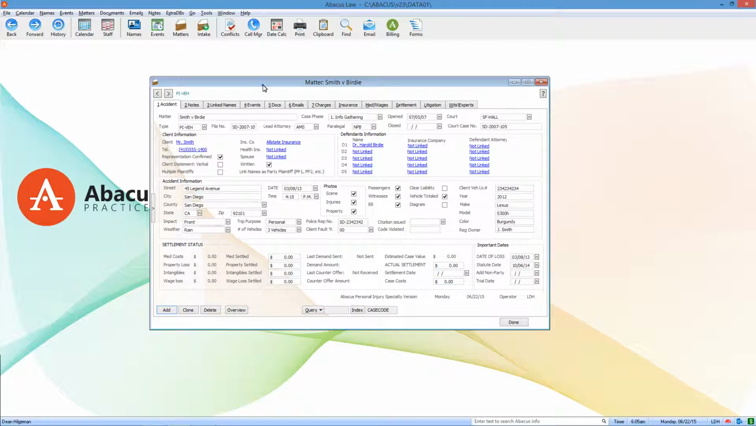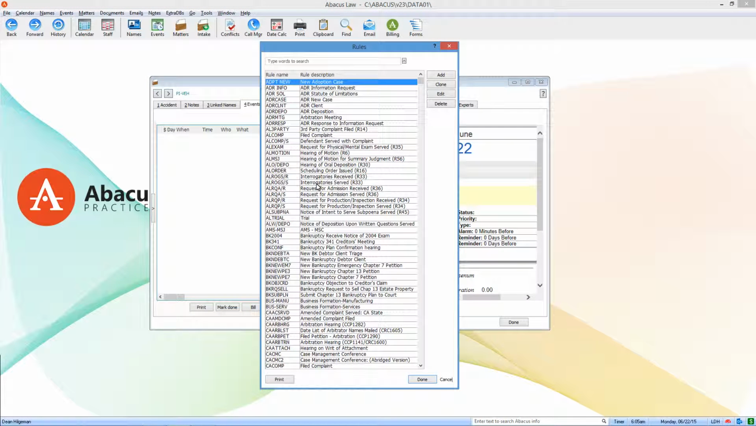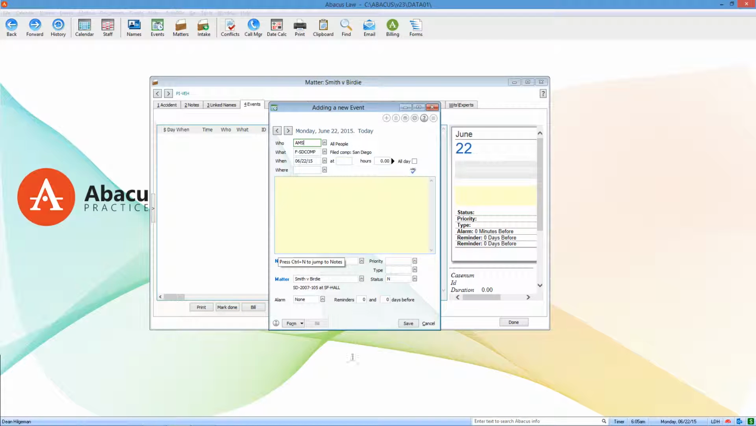I have my matter open in front of me. I go to the Linked Events tab, and as you can see, there's nothing on the calendar. If I right-click, I can select Add Events from a Rule. I'll then be presented with a list of rules to choose from, and I'm going to select Filing a Complaint in San Diego. Once I do that, I'll be presented with an event to fill out the rest of the